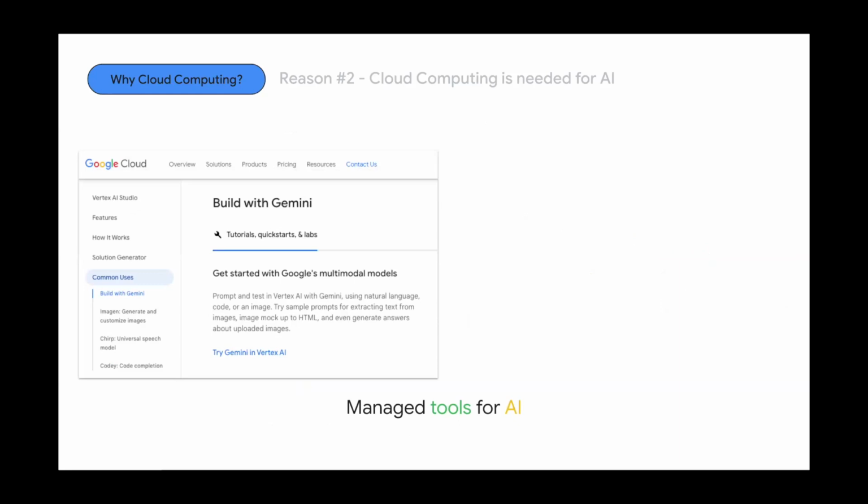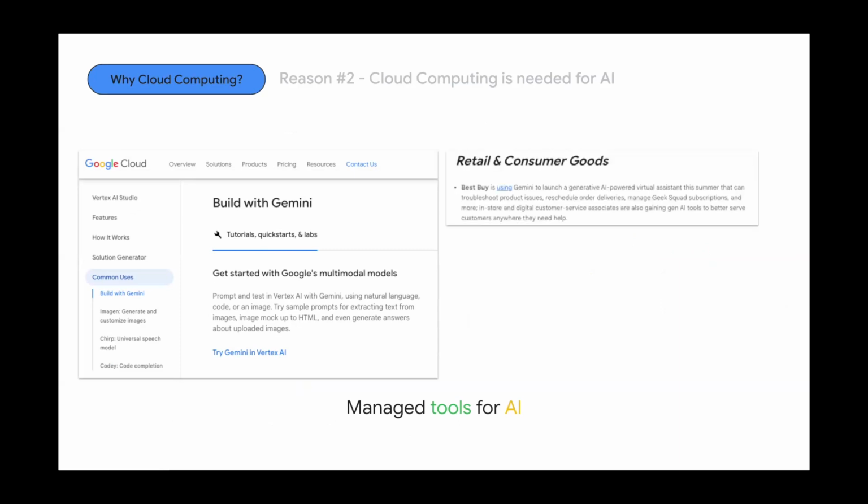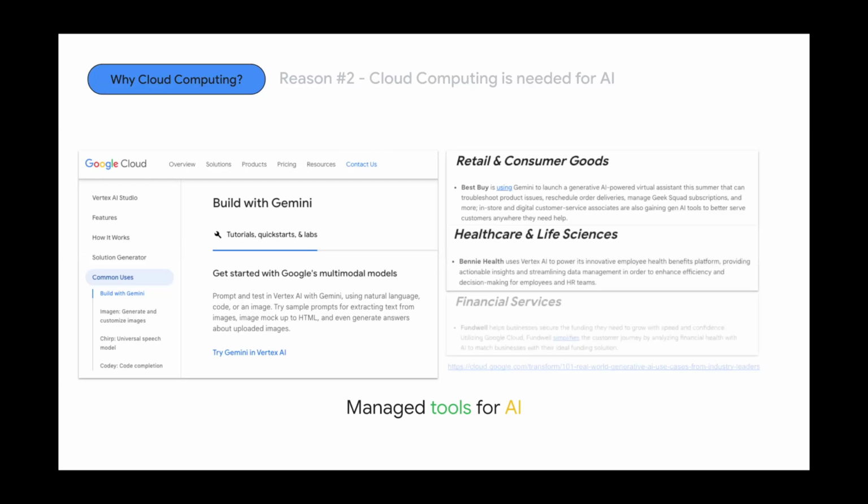For example, one big thing is that it provides managed tools that you can use for AI. For example, using Vertex AI Studio, that allows you to interact with models that they provide, like Gemini. Most of you might have heard about Gemini before. Okay, and you can call the API to pass some sort of prompt to get some result from this Gemini model. Okay, and the applications, countless applications. For example, if you want to use it in retail, or healthcare or financial services, there are many examples of companies, right, who just use these managed tools by Google Cloud